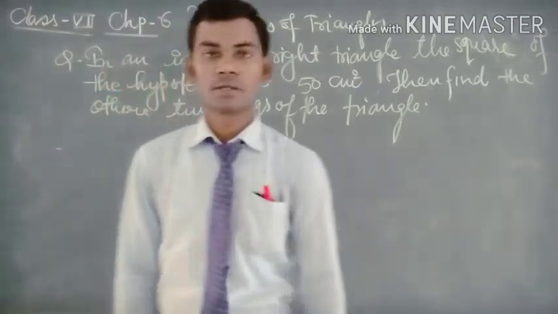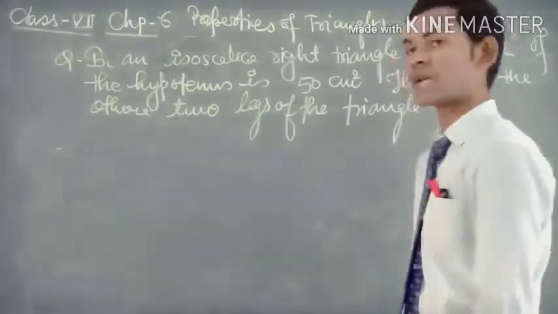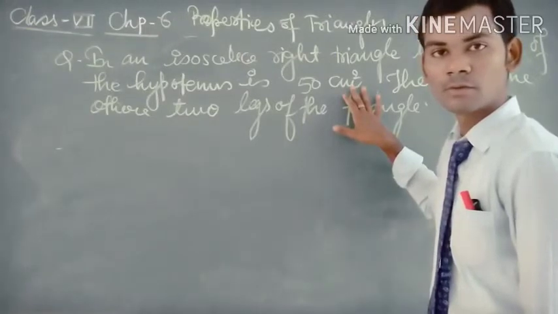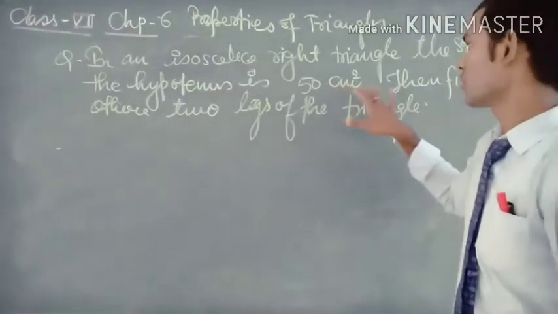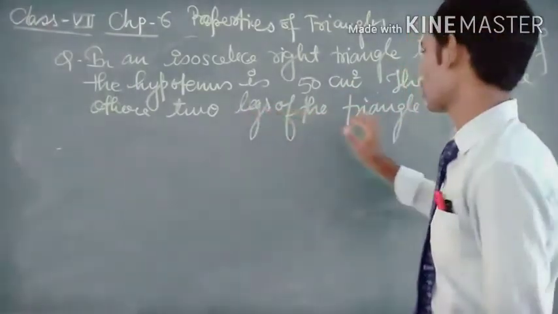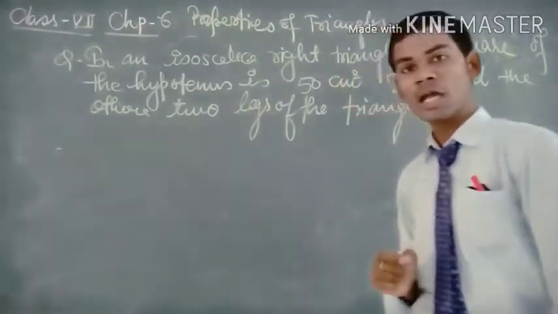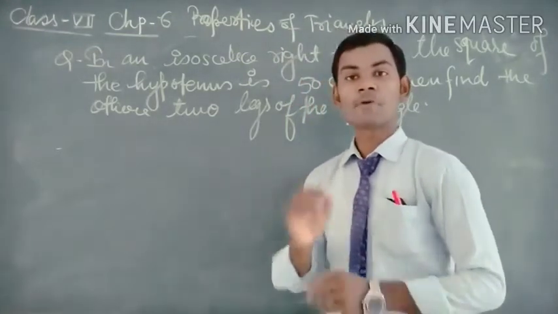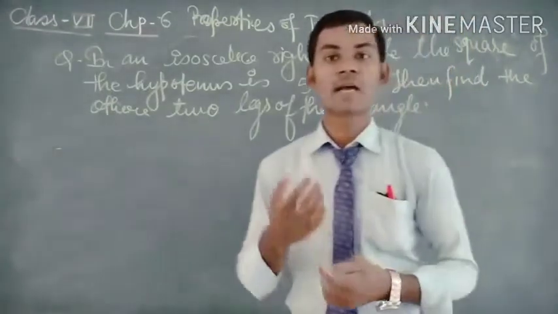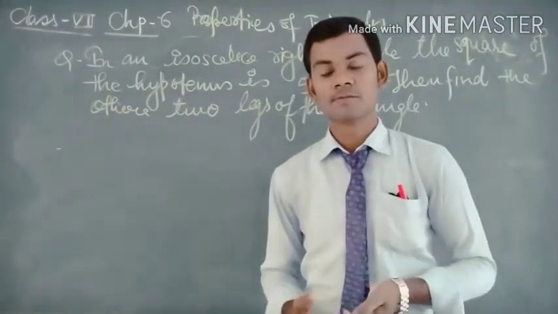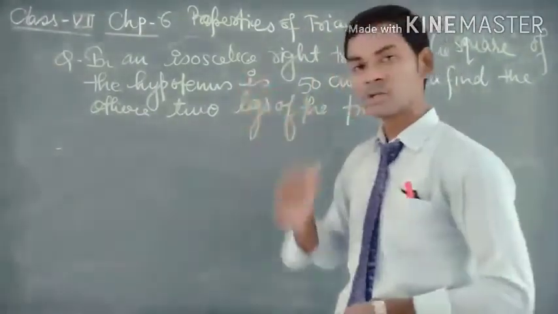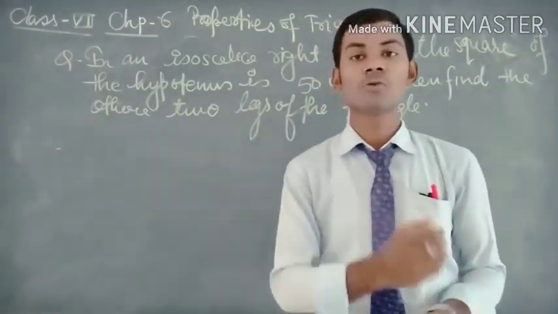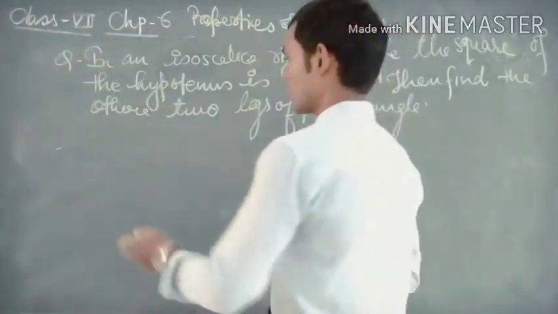What does the question say? The question says that in an isosceles right triangle, the square of the hypotenuse is 50 centimeter square. Then find the other two legs of the triangle. So here one most important thing I would like to tell you is that in a right angled triangle, except the hypotenuse, the other two sides of the triangle are also known as the legs of the triangle. Okay, and here the triangle is isosceles, that means except the hypotenuse, its other two sides or its other two legs are equal. So in this case, when we draw the figure,